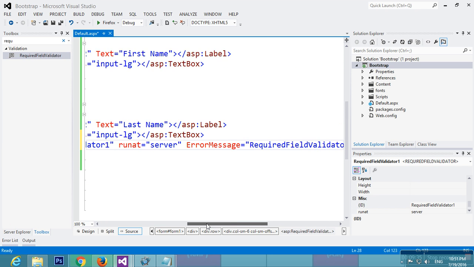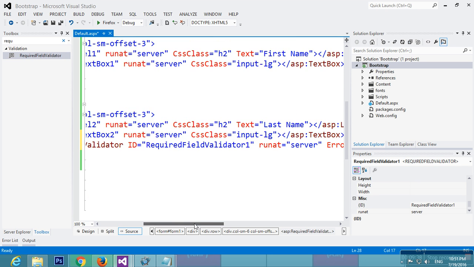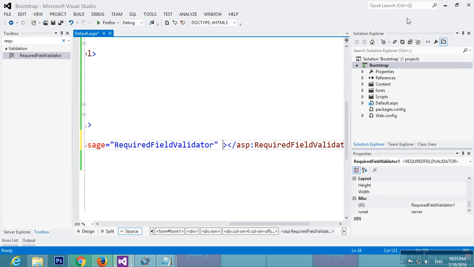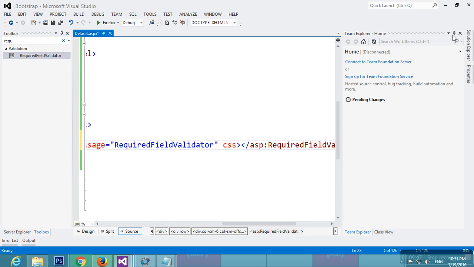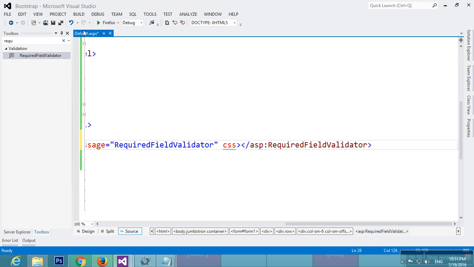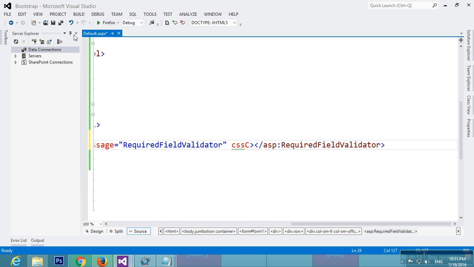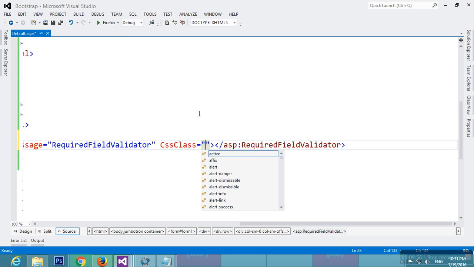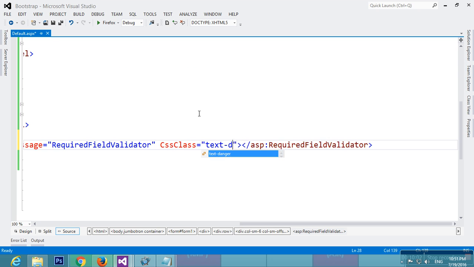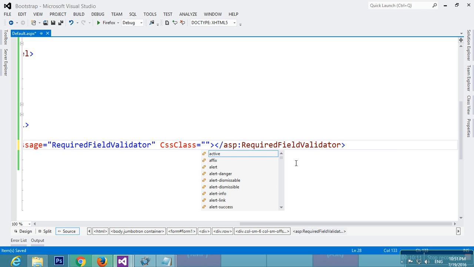Since this required field validator is also an ASP tag, I'll use the CSS class attribute, and the class could be text-danger. So you can explore as many classes as you want. There are so many Bootstrap classes; literally tens and hundreds of Bootstrap classes which you can leverage to create beautiful websites.